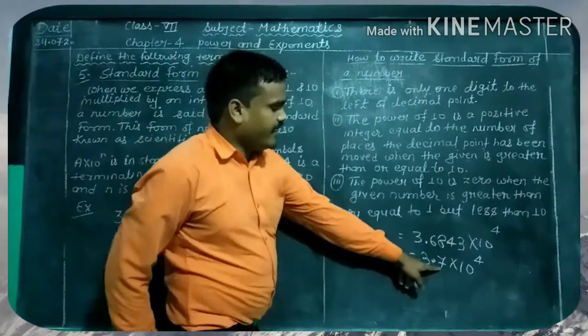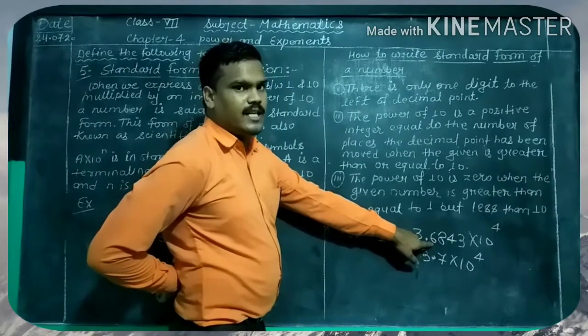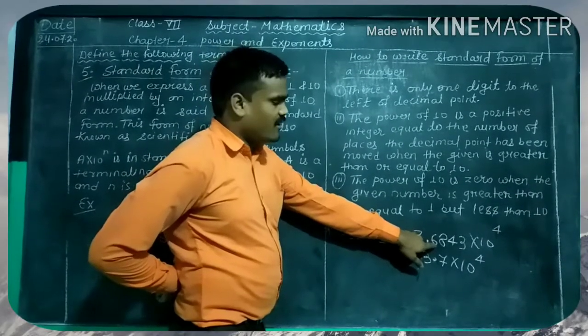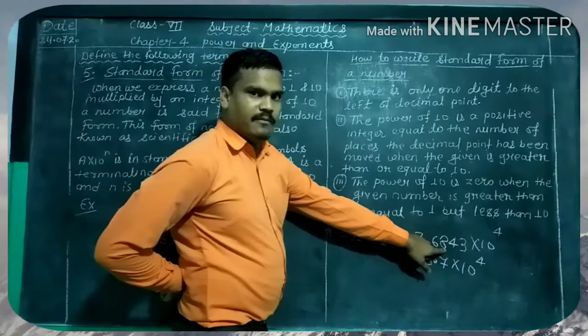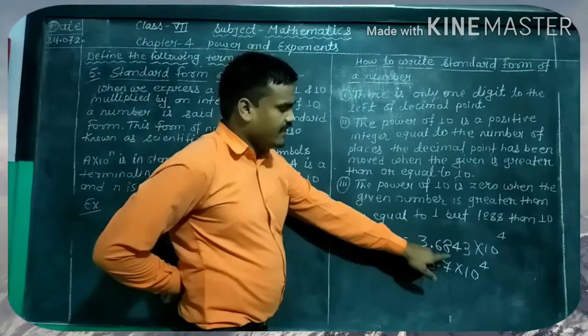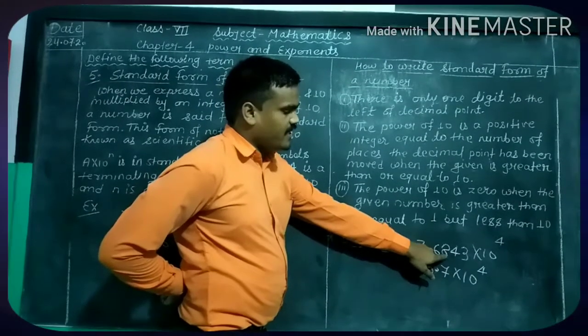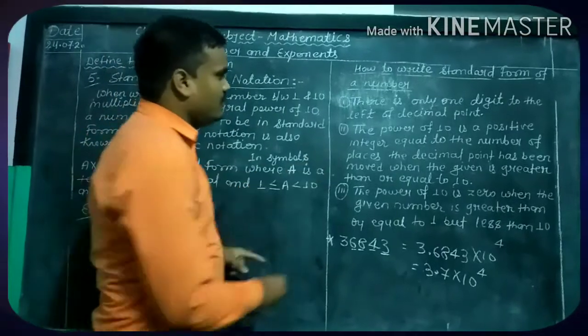Here I have written 7 and here 6. We have increased one number because this digit is 8, which is greater than 5. If this digit is 3, then we write 6. If this digit is 4, then we write 6. Second example, second point,